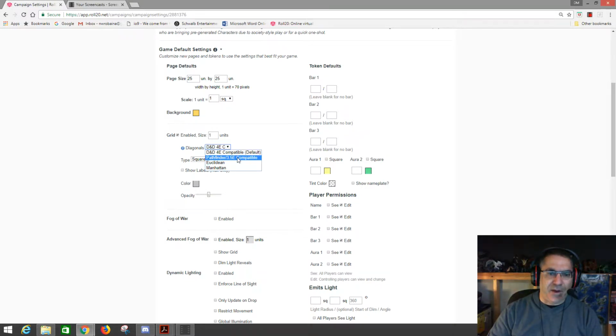Or you can do it as Pathfinder, where vertical and horizontal is a 1-for-1 measurement, whereas diagonal is, I believe, a 1 to 1.5, if I remember correctly. So the first square represents 1 square, and then the second square would represent 1.5 squares. That represents the fact that going diagonally on a square is actually a further distance than going vertically or horizontally. That's way too much for my brain to handle, so I just leave it at the 4E compatible